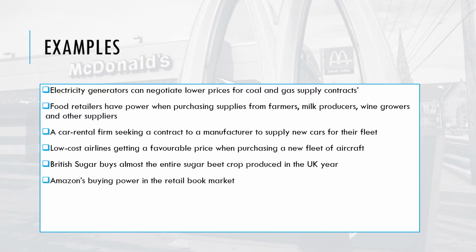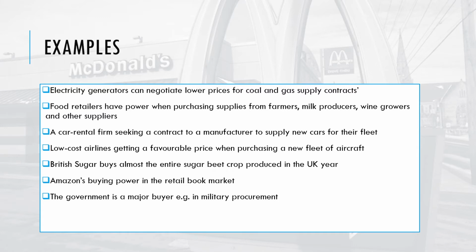Amazon is a very common example. Amazon sell lots of products. They buy them off the manufacturers and sell them, and they're very, very large. A lot of products are bought by Amazon and then sold on to other customers through their website and their distribution channels. So Amazon are able to negotiate good prices with the suppliers because they have a lot of bargaining power, because they're so dominant in terms of buying items in the market, particularly books, as is mentioned here.